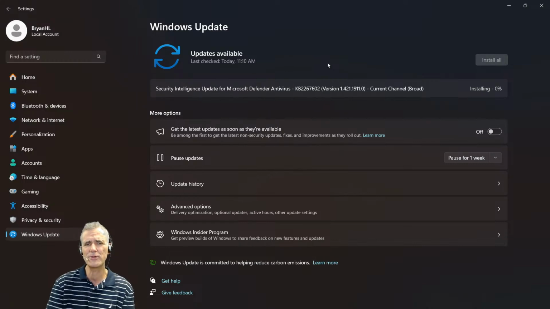You see my computer is installing an update to Windows Defender Antivirus or Windows Security. Microsoft kind of calls it different things in different places sometimes. But those updates are available on a regular basis. Again, we have software that can run on your computer that can search for those and install those every hour, which is important to get those installed as quickly as possible. Definitely any updates that are critical and ready to install, you'll want to go ahead and do that.